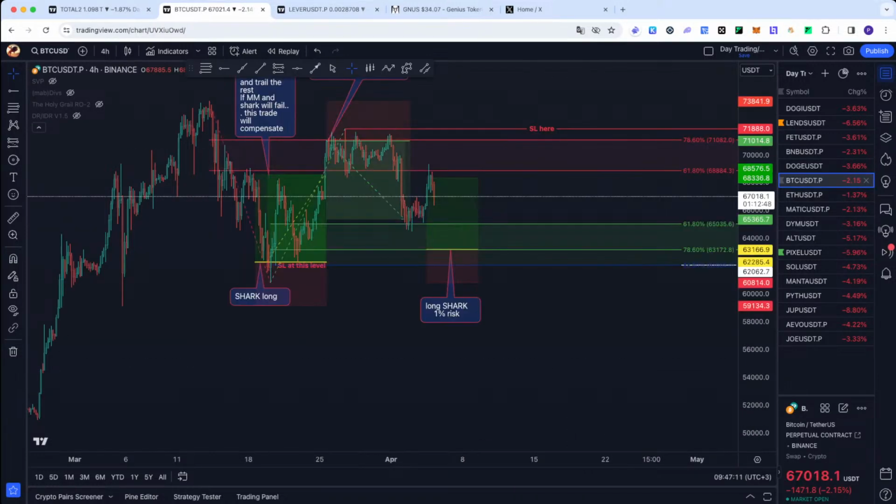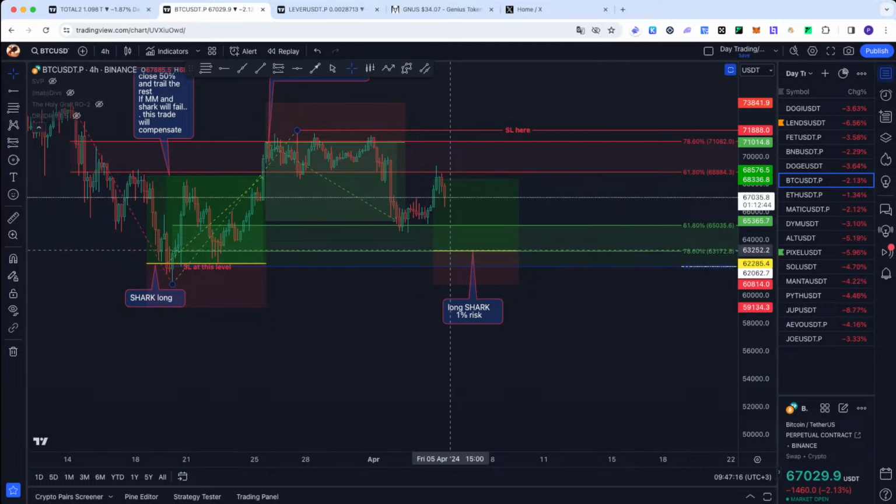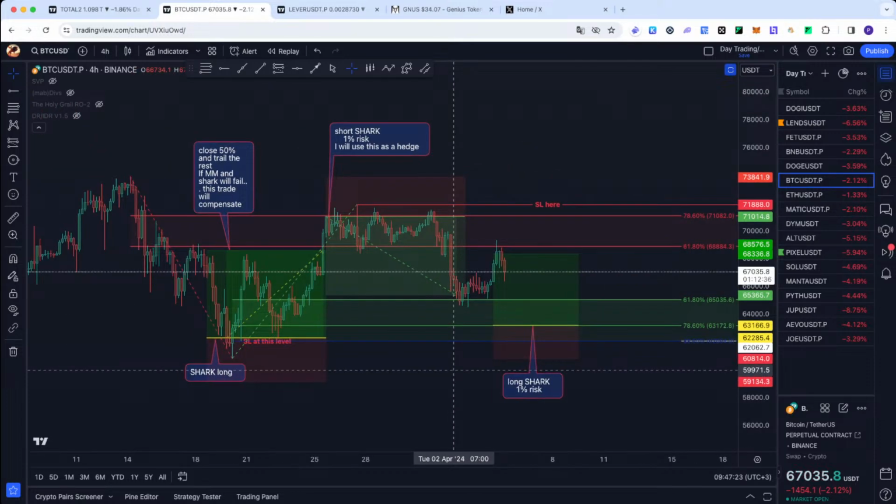Bitcoin on the 4-hour chart, we talked about it. Yeah, I'll wait at 78.6. Why? Because it's safer, and I want to show this, to plan the trades with the public. I want to show everyone it's possible to trade, to plan the trades, make money, be profitable, and not worry about emotions. If you plan the trades and just leave them alone, and maybe you have a daily job, maybe you are doing something else, you are working only with OCO orders, so stop limit orders with stop loss and take profit, you don't have to worry.